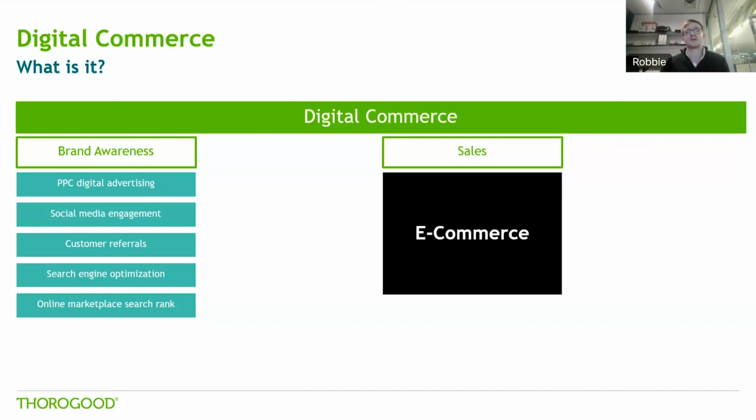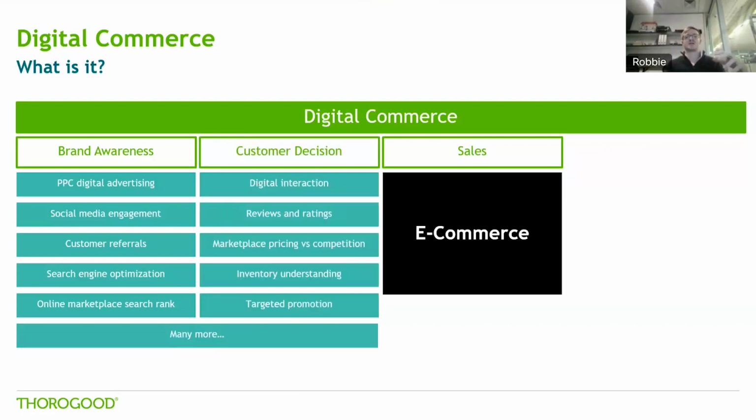So optimizing customers' ability to find you, both in terms of overall search engines like Google, but also in terms of if they're on an online marketplace, say on Amazon, how high is your rank in terms of the searches whenever someone's searching for, say, shoes? How high is your brand coming up if you're a footwear brand or anything like that?